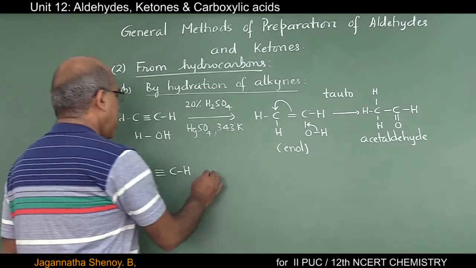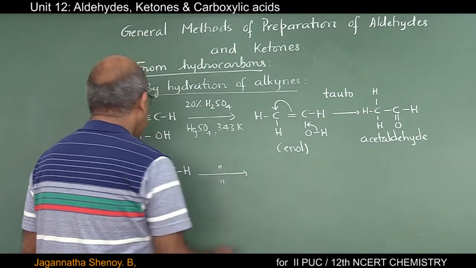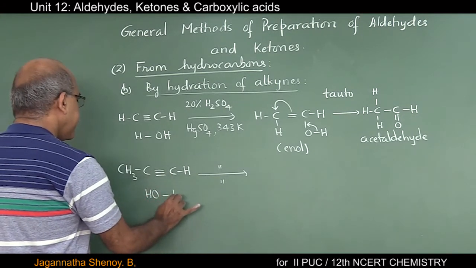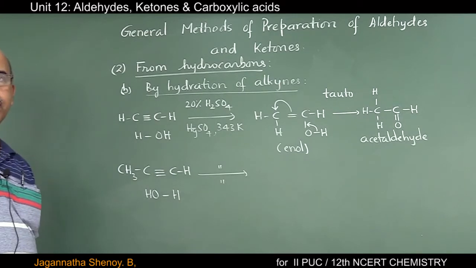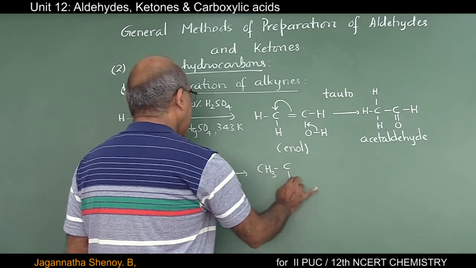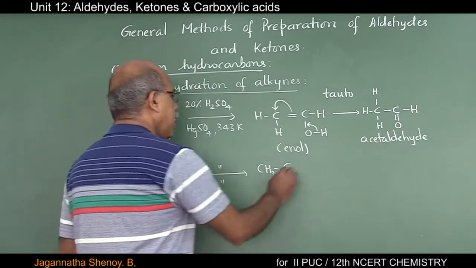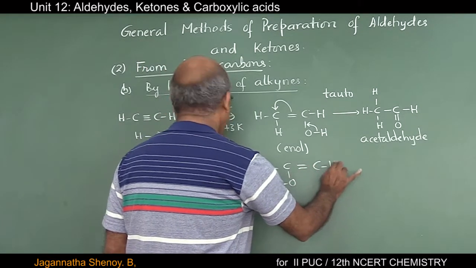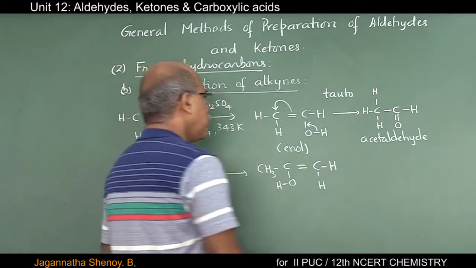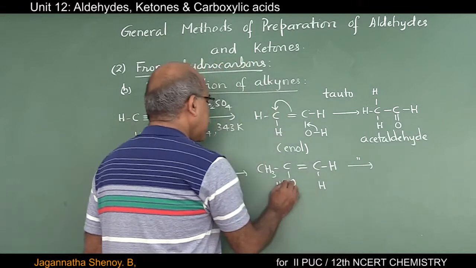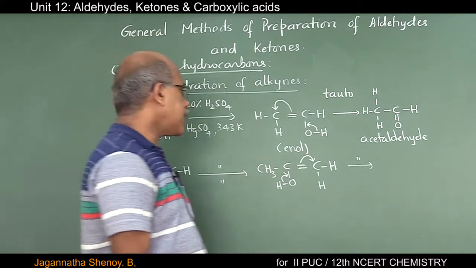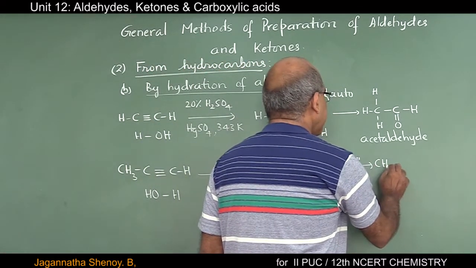I'll go to hydration reaction under the same conditions. So water molecule must be added according to Markovnikov's addition rule. So product obtained is CH3, it is COH, a double bond. Here you will have a CH2, and now this undergoes a tautomerism in the same way as I told you. The product obtained in this case should be acetone,